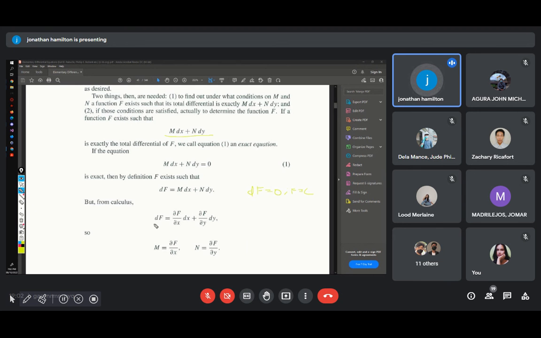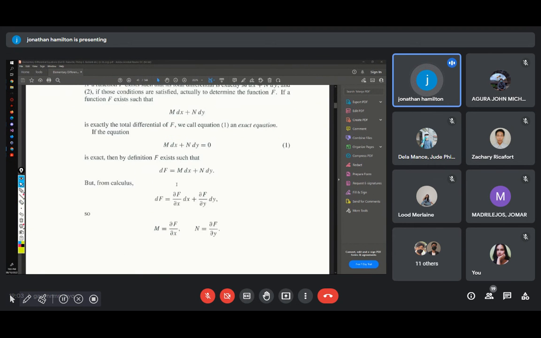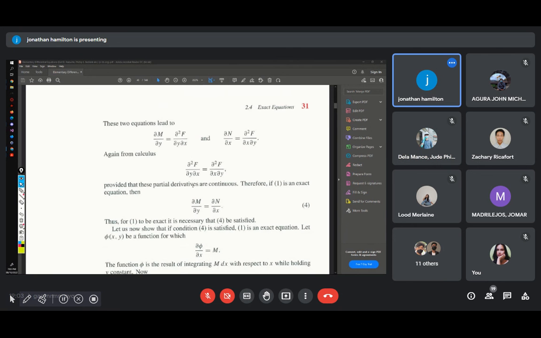So this means if we get the partial derivative of f with respect to x, which is this, and the partial derivative of f with respect to y is equal to our function n, which also means that if the equation is exact, we could say that